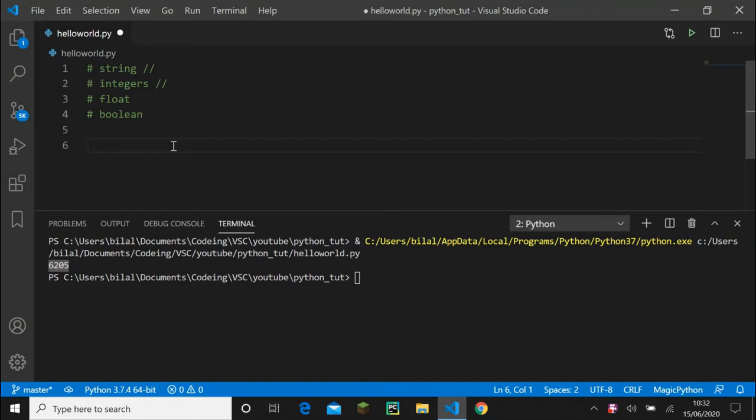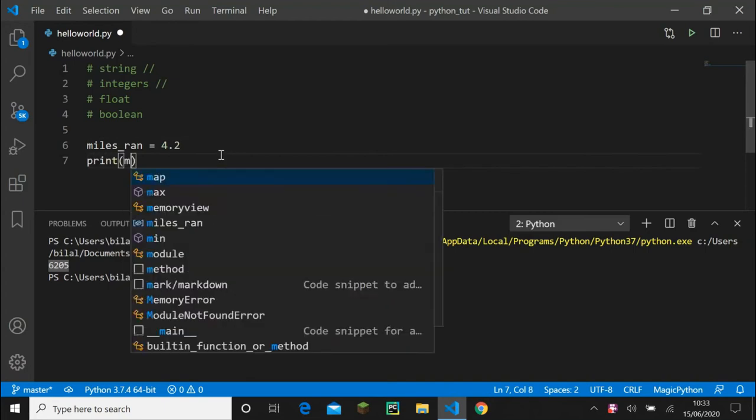A good example might be miles ran. You might run 4.2 miles, and that's a float number right there. An integer would be 4 miles, but if you want to be specific, you run 4.2 miles, and we print miles run,